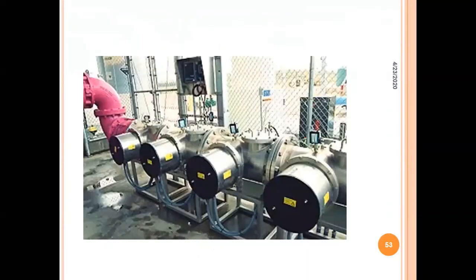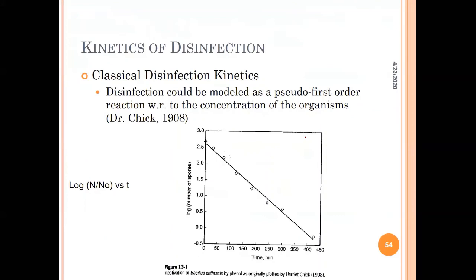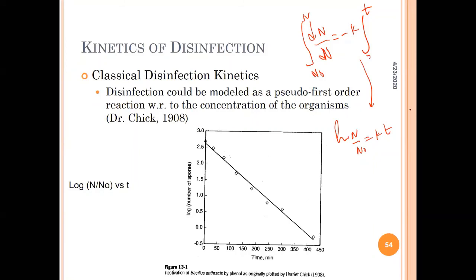Higgs-Watson law, and you have to see when we integrate this expression from n naught to n equal to minus k0 to t, then we have to reach this expression n over n naught is equal to kt. So please do this at home also.